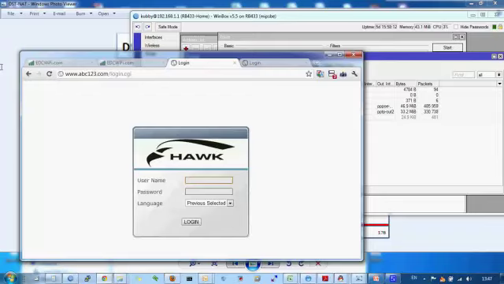Okay, this is the end. I hope this recording can help many people to configure a local server or local IP camera to be accessed from a local area network or from